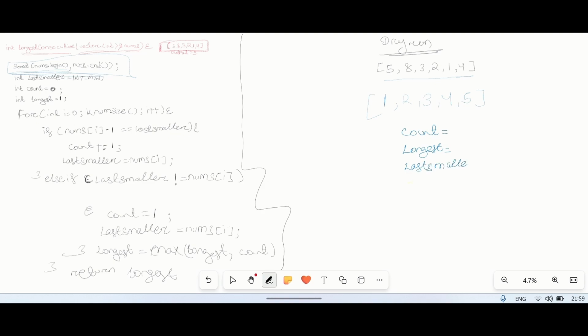Okay, so when we start iterating from this one, we entered this if statement. If nums of i minus 1, which is 0, equals last smaller, we will increment count by 1, and the last smaller will become 1. Okay, when we get to the first